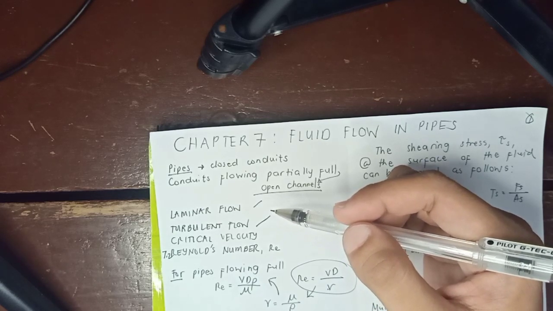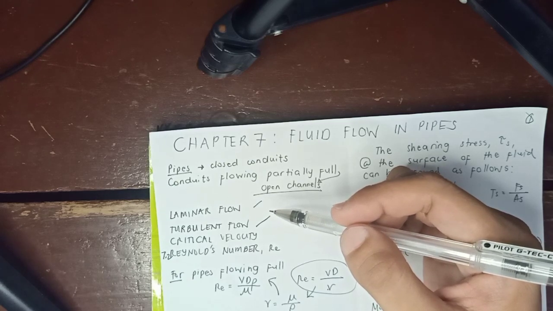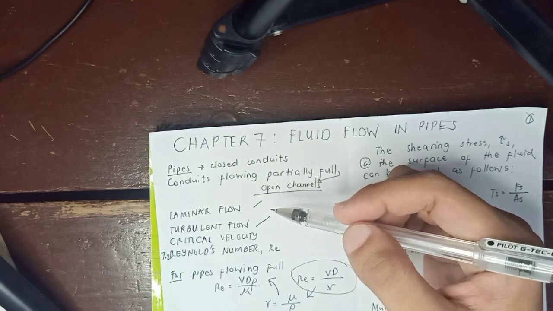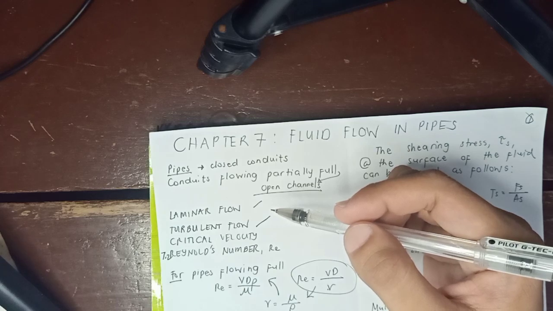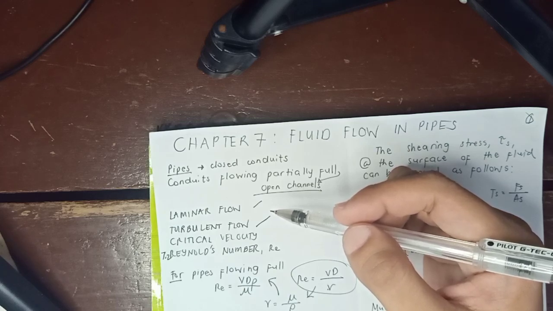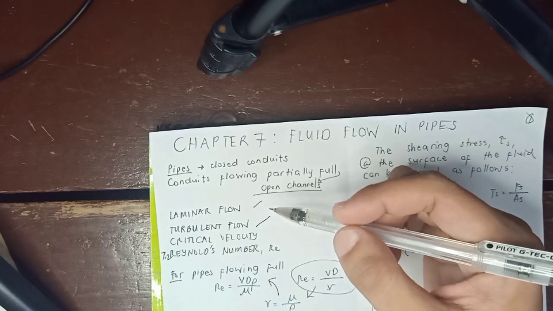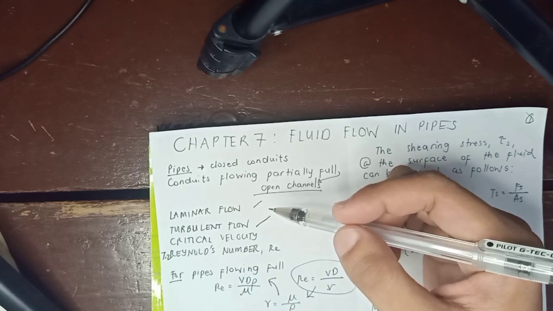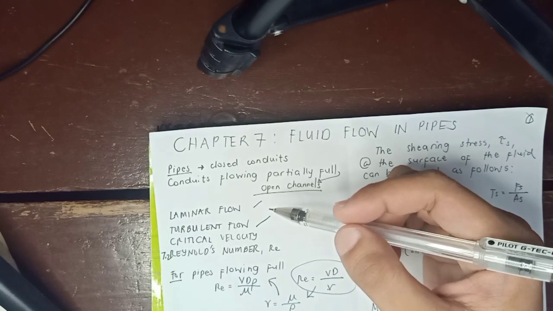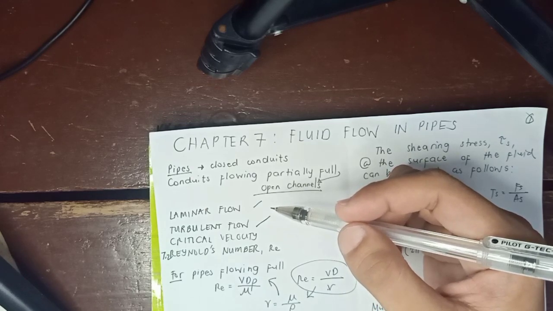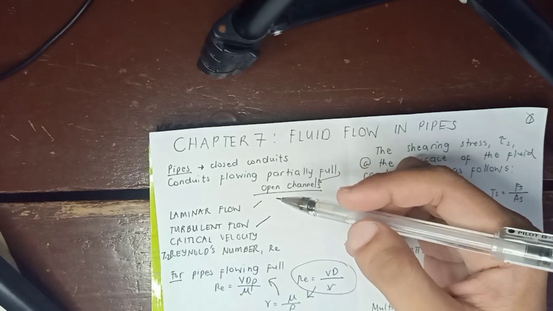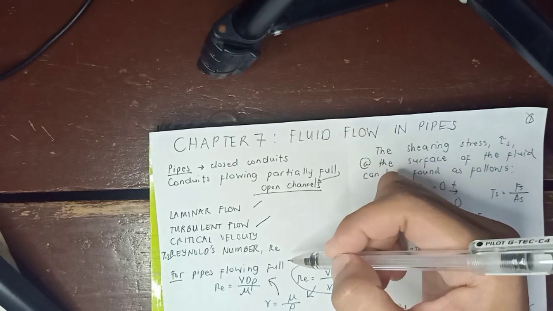So let's proceed with the critical velocity. Critical velocity in pipes is the velocity below which all turbulence is damped out by the viscosity of the fluid. This is represented by a Reynolds number of 2000. The Reynolds number, or simply Re, which is dimensionless, is the ratio of the inertia force to the viscous force. So this is the formula for pipes flowing full,